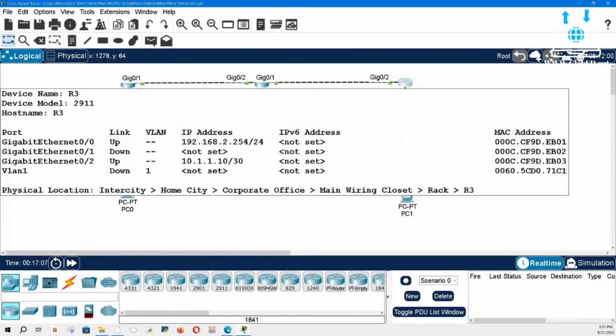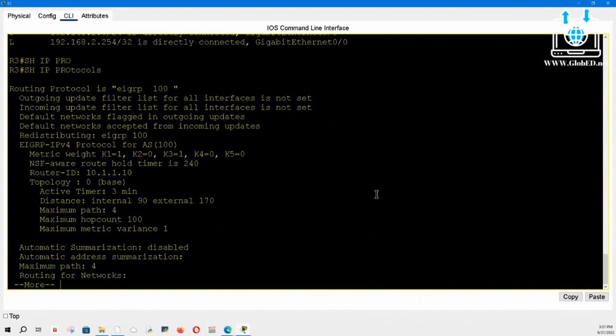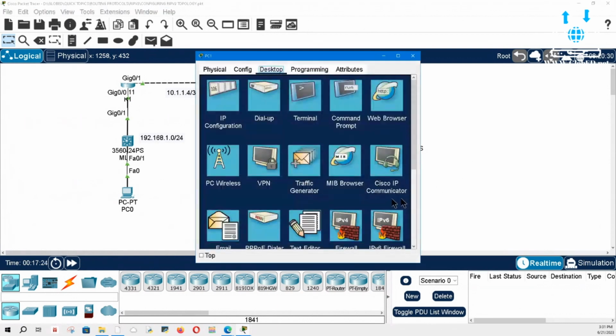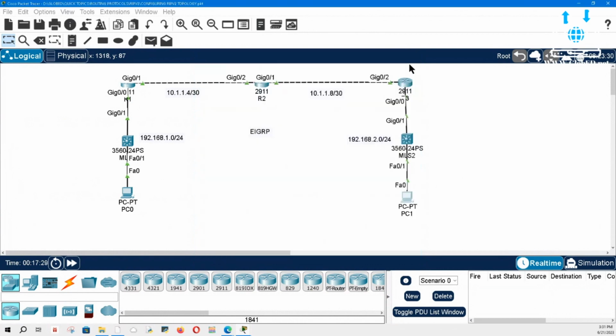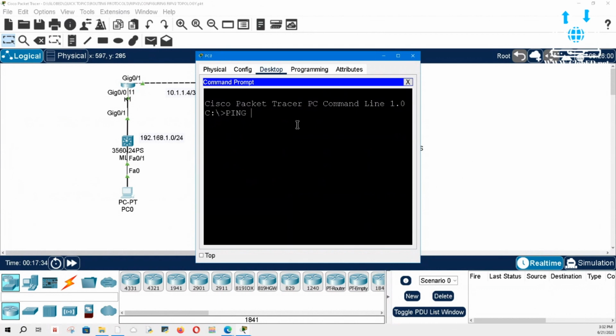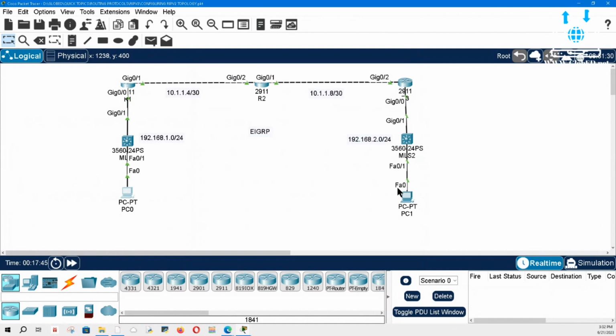Oh, by the way, let me just show you this, so I don't think I showed it to you before. Show ip protocols. And you can see that automatic summarization is disabled because the version of the IOS is greater than 15. So let's go in here and ping. Let me do it from another computer so you don't think, oh, he already pinged from that computer. So we're going to come over here and ping 192.168.2.1, and we're pinging across. Obviously, there's no ARP. All right, I already did it. I did it too fast, so it was still there.